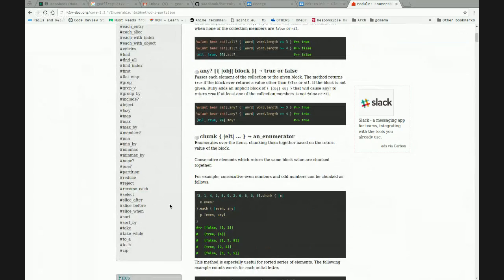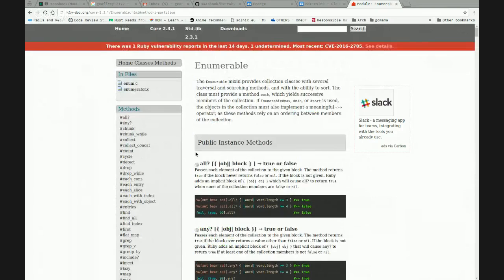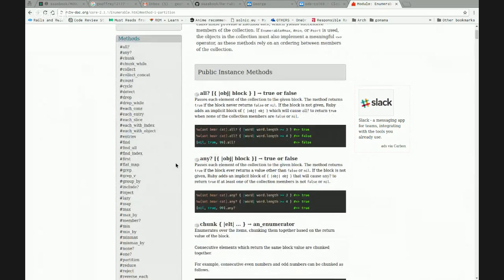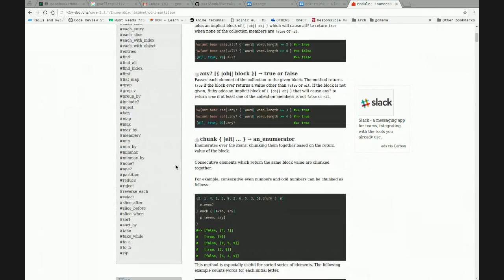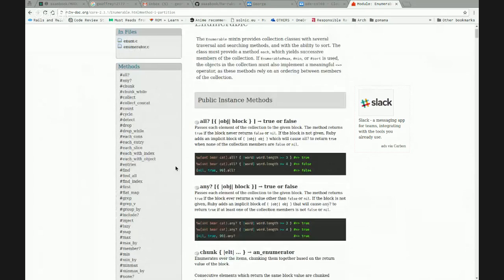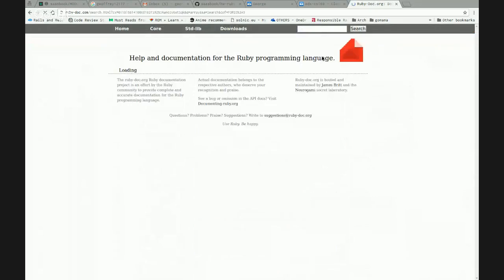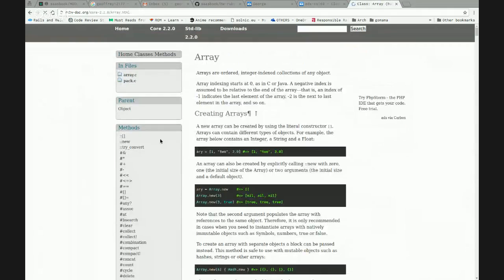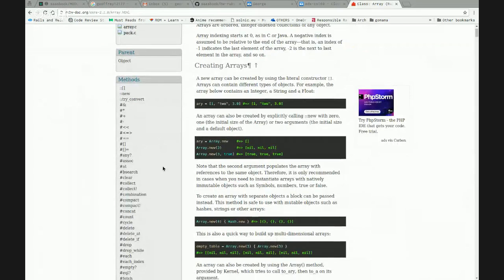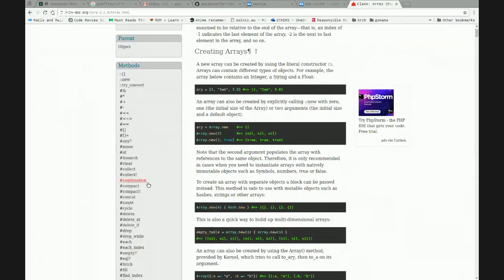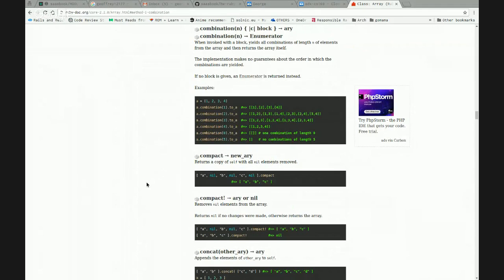Just a second. It's really useful to know what kind of methods there are in the standard library. In this case, I can remember that there was a combination method. It uses all the combinations of elements in the array.